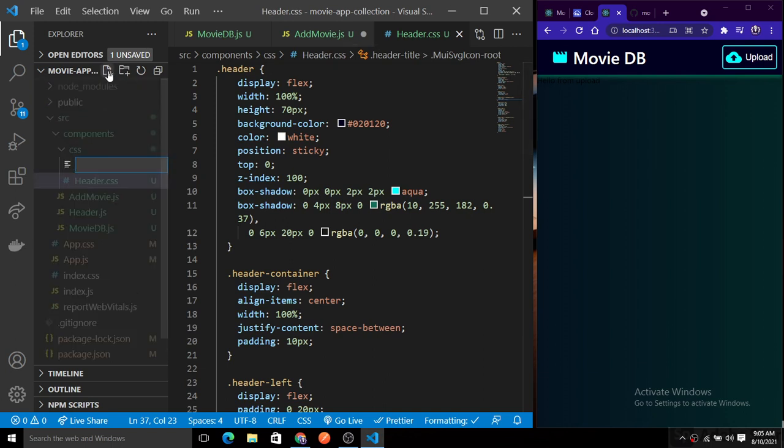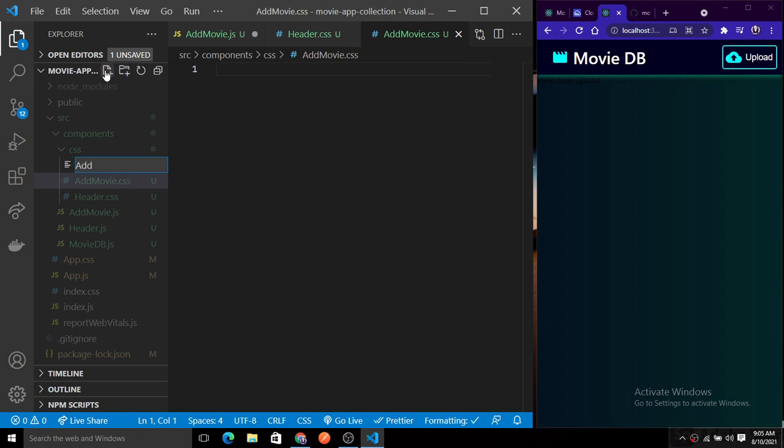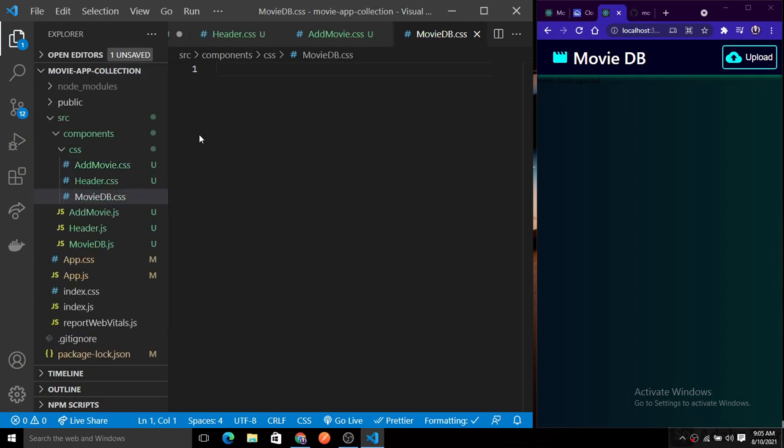So let's create an add movie dot CSS, and similarly create another file for movieDB dot css. Now save this. Okay, sorry, not js, it is css. Yeah, now fine.